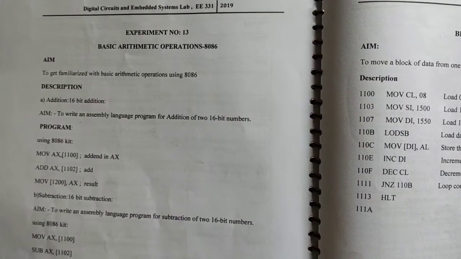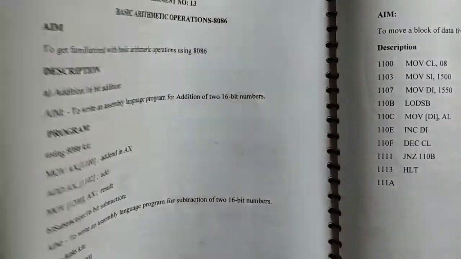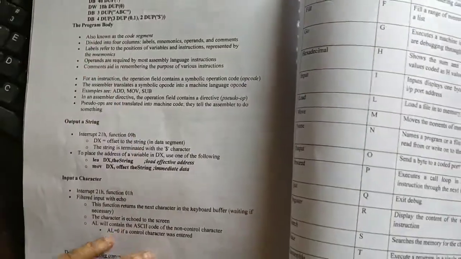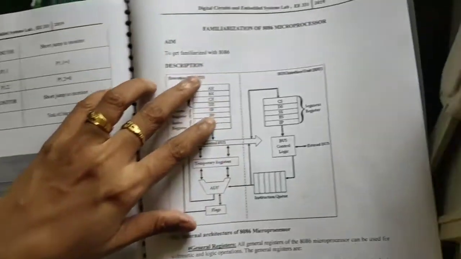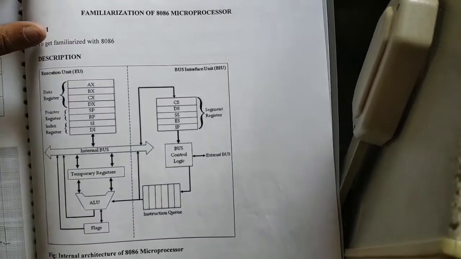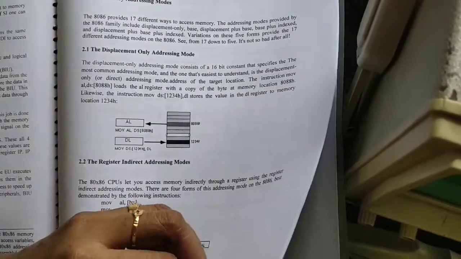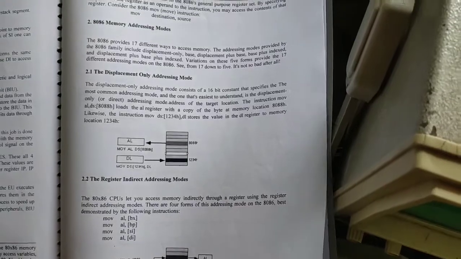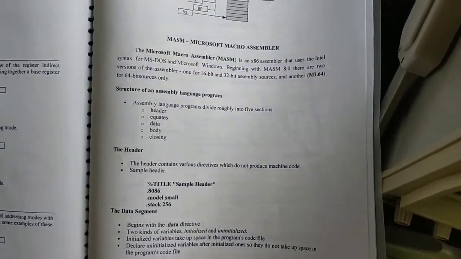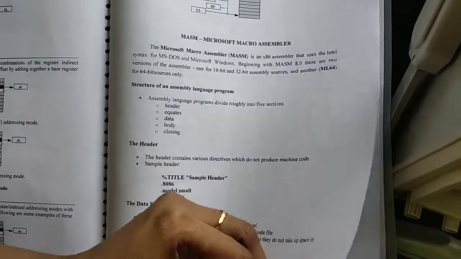Today we are going to study 8086 arithmetic operations. Before that, go through the manual. There is a description about 8086, and the familiarization of the 8086 microprocessor is in your manual. All are requested to go through it, and you have to upload some points. We will give it to you as an assignment, and whatever points you have to write, we will say later. That is the familiarization of 8086. As you have not studied 8086, I am saying this.